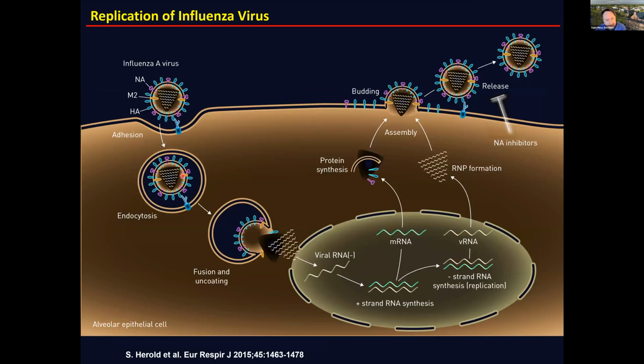So where is HA playing a role? Where is the clustering playing a role? It's helping the virus to stick or bind to the host cell surface. Then endocytosis brings the virus into an endosome where HA undergoes a conformational change that leads to membrane fusion, which then releases the viral RNA into the cell, and then that cell is infected. HA must also assemble with other viral components at the cell surface to form new progeny. And so clustering may occur and play a role at this stage and this stage of the life cycle.